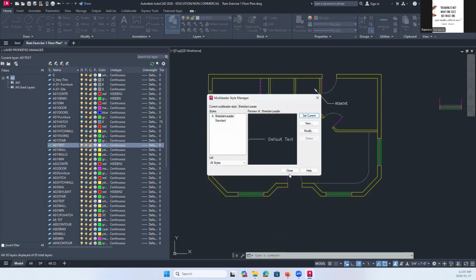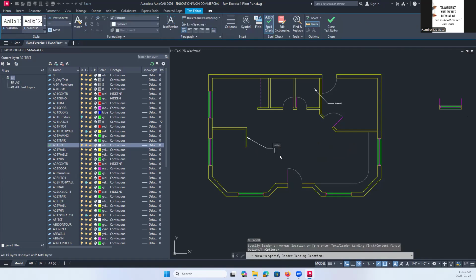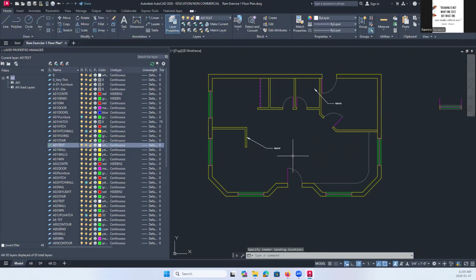Okay, so set current, close, and then ML multi-leader. So let's just say here, I'll type remove. So that's how small would look like.